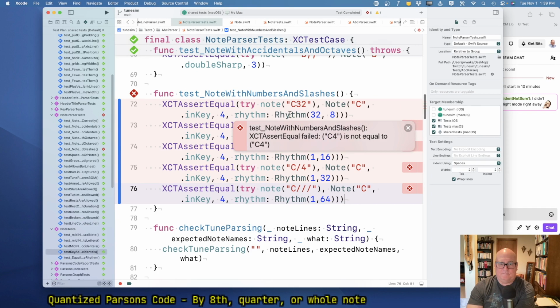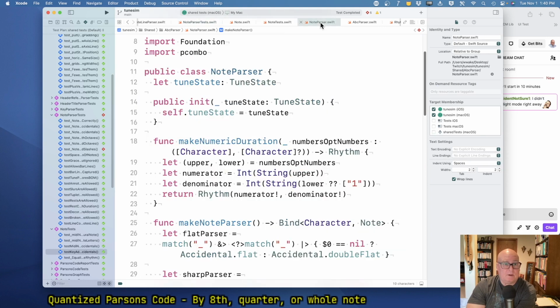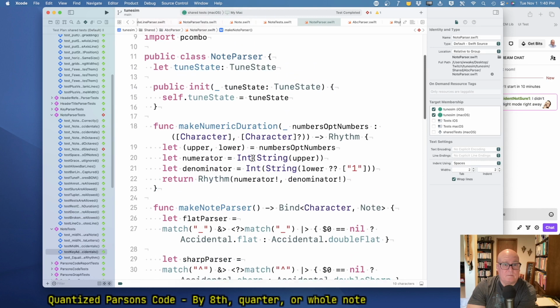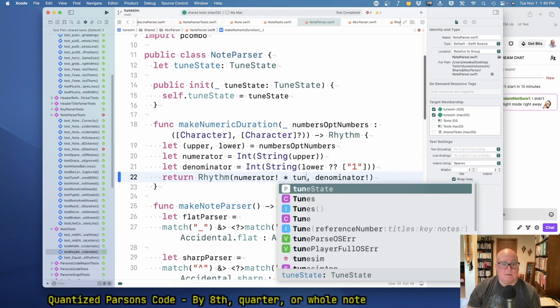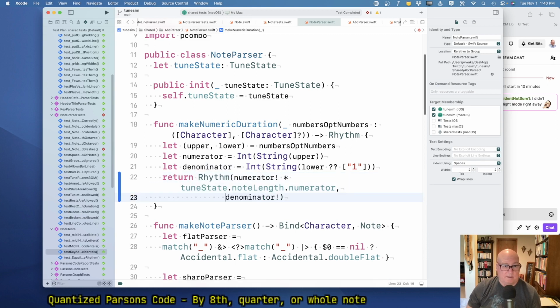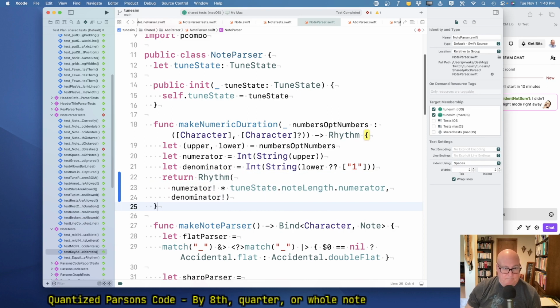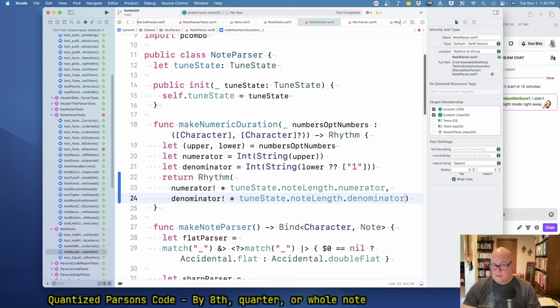And this is where this description would be better if it had. It's not telling us why. It's just we have the note, but we don't have the rhythm. Okay. And I think we need to, in the note parser, okay, this is really numerator times tune state dot note length dot numerator. And denominator times tune state dot note length dot denominator. Okay, we can probably do better on this, but